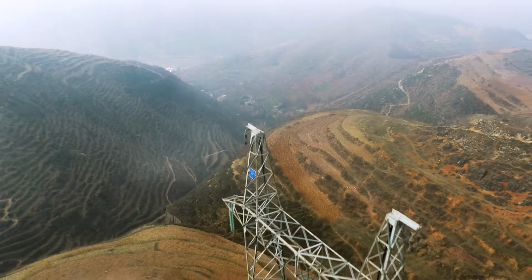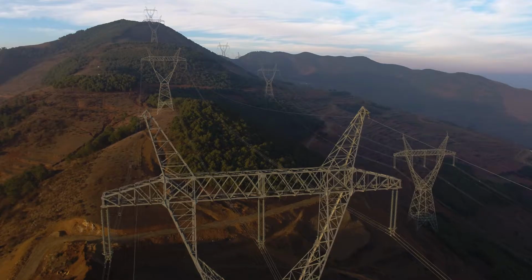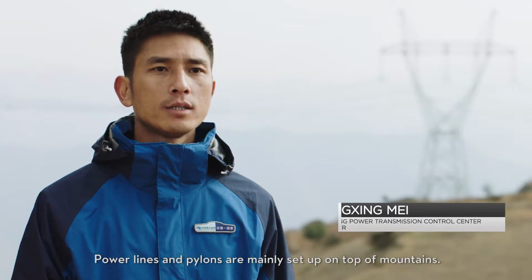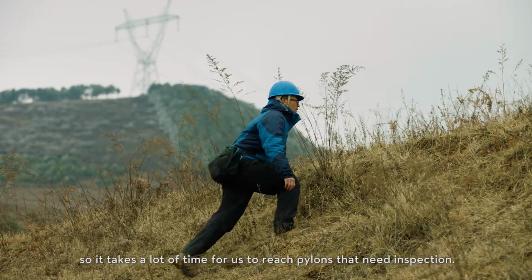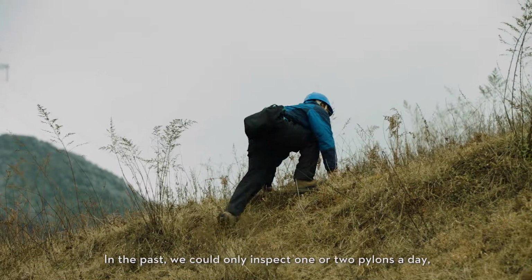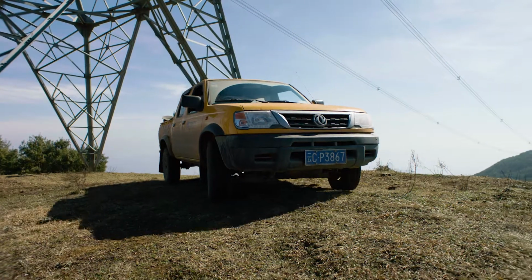Jagged mountainous terrain and abundant hydroelectric power in China's Yunnan province makes power line networks hard to inspect manually. 线路和电塔主要都架设在山上，交通非常的不便，环境也比较艰苦。以前我们进行人工巡检的时候，一天只能检查1-2基塔，用无人机以后，效率提升了大约10倍左右。